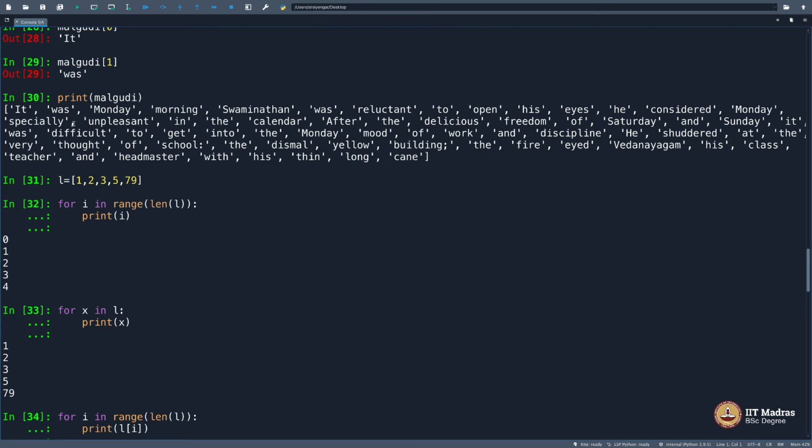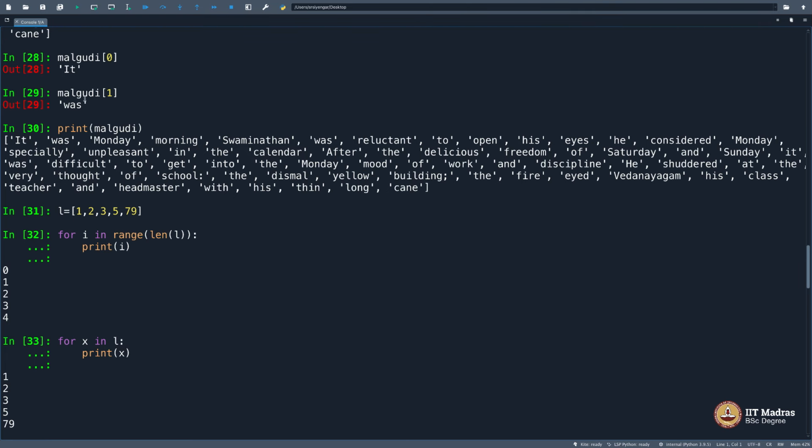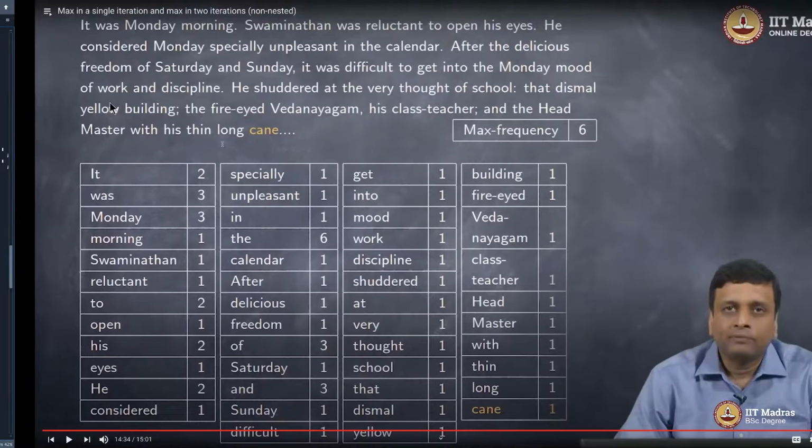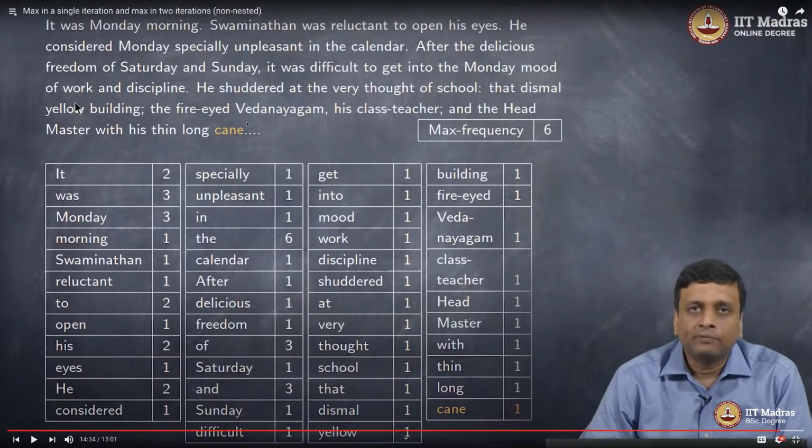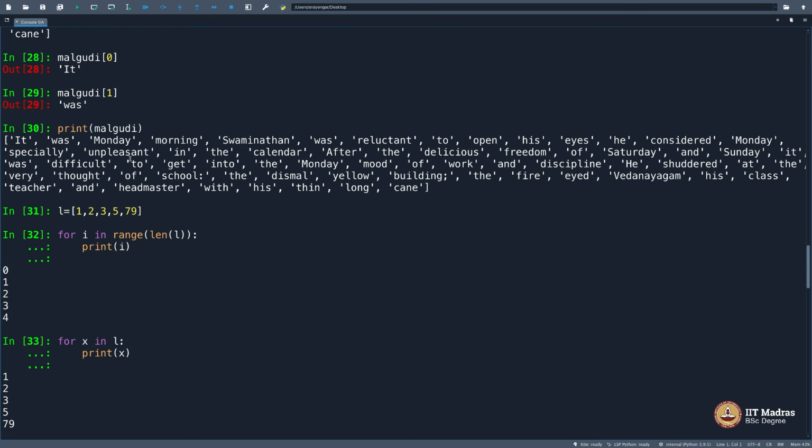Okay, story so far. I had written a list containing all the words that Professor Madhavan discussed in the computational thinking course in one of his lessons. He quoted this paragraph to find out the most frequently occurring word, and it's basically the frequency, not exactly the word, but he was interested to find out the frequency of the occurrence of a word to its max. It turned out to be "the", and it was 6. I have now created a list manually. I created Malgudi equal to it, and then appended was, appended Monday, appended morning. It was manually done. Right? Believe in me. If you suspect, then